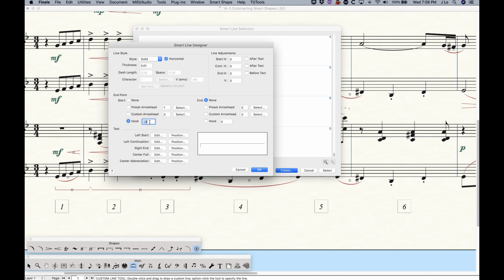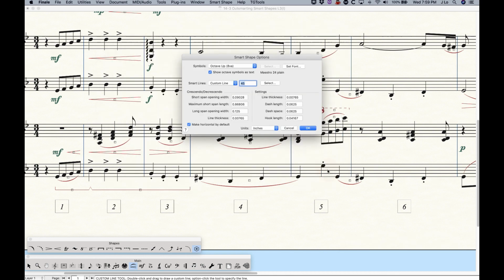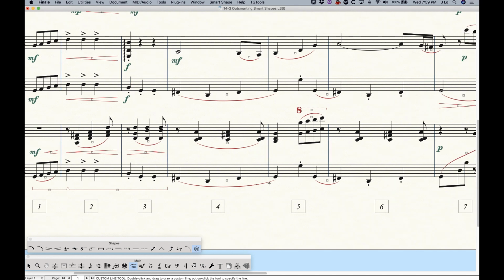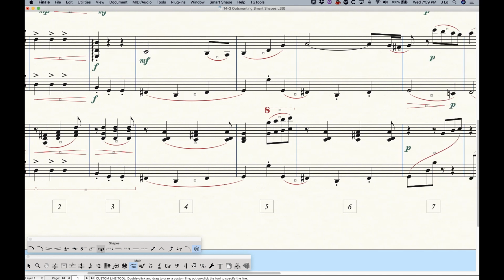Now these hooks are absolute. So let me just show you. I'm going to put, let's say, 0.1 here, and I'm going to do a hook on the other side, also 0.1, positive 0.1, and you can see that the hooks are upwards, right? These will not flip depending on where you put it on the staff, which is different from these other hook